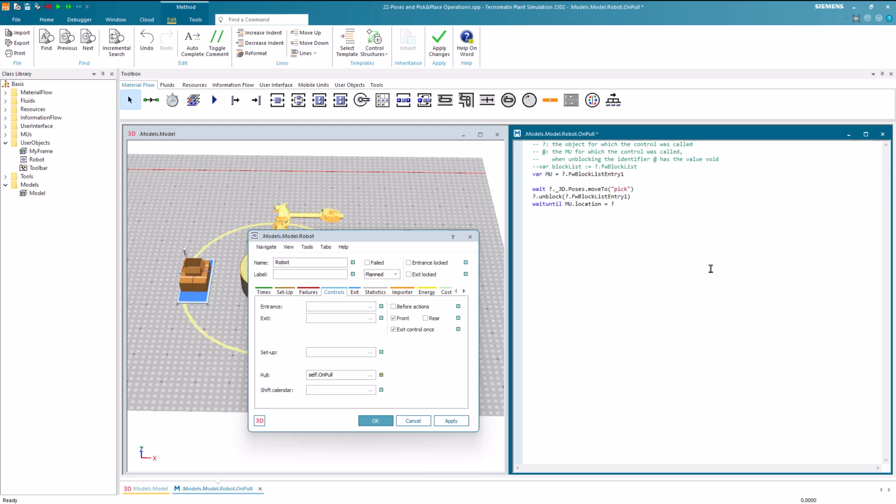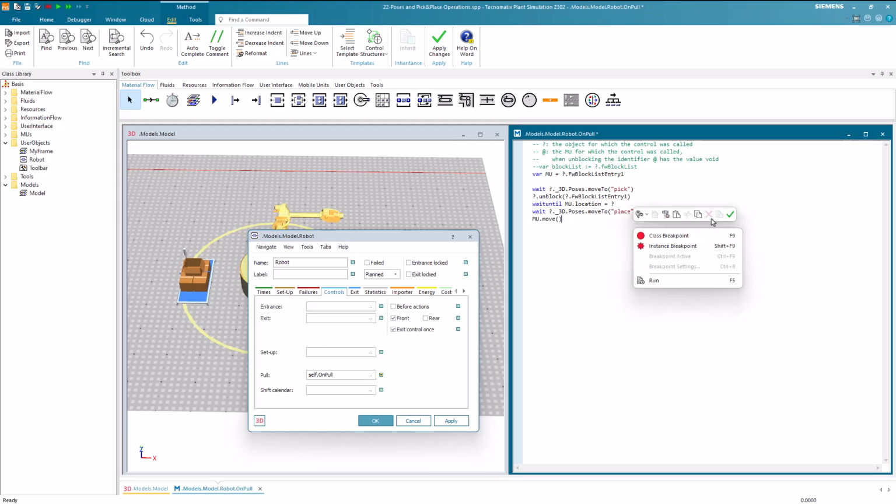This ensures that the part is on the robot, allowing us to move the robot to the second pose. Once the robot reaches the pose, we can then move the part. Now we can save our changes.